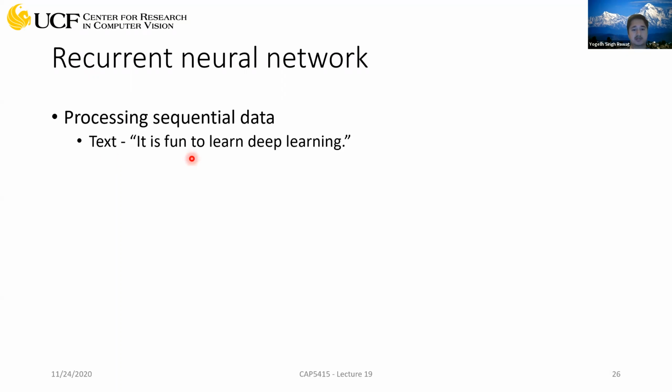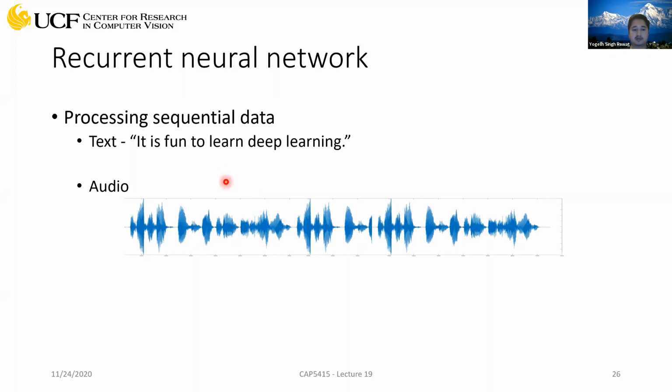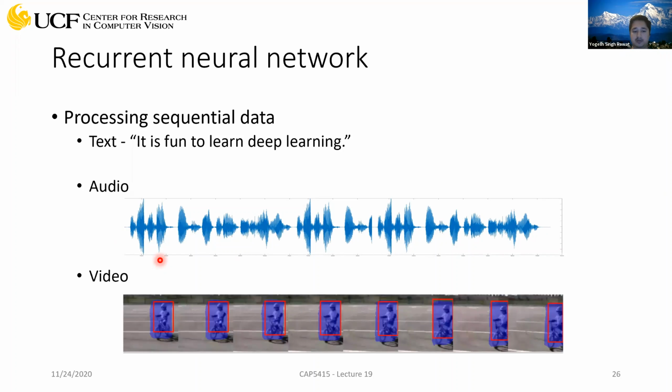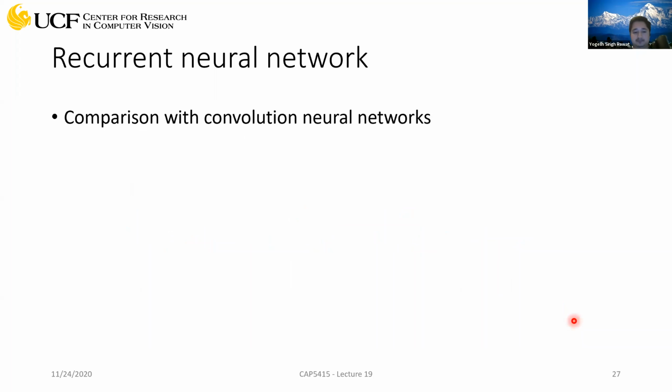So text is one kind of sequential data. For example, this particular sentence. You can't look at the whole sentence at once. You will start from the left, right? You will look at this word, it is fun, and then you will go on. So it has some kind of sequence. And this is the same sequence which you will see in videos. So instead of words, you will have a sequence of frames. Some other example of sequential data is audio. Again, you have the sequence. For each time step, you will have some value which represents this audio signal. Okay, and again for video, it's sequential data because you have the sequence of frames.